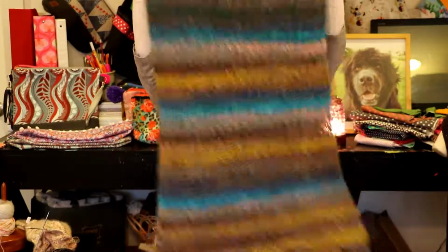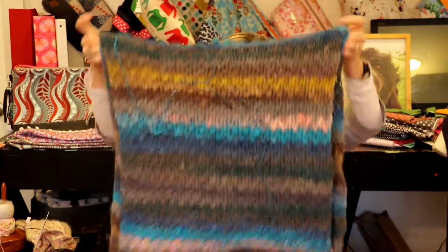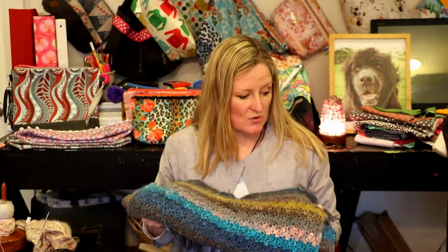Beautiful, beautiful, but that's the only thing I can come up with, that it's that vintage stole, and that's what I'm going to do. I'm going to try that, and if it doesn't work, I have no choice but to rip the whole thing out and start over, and I'll use that stole pattern and just make it. So